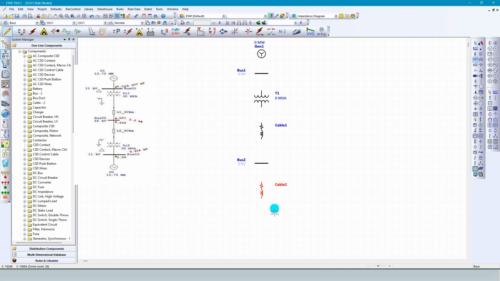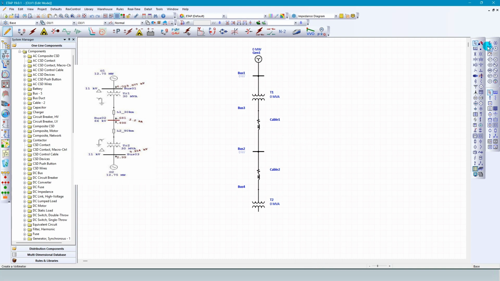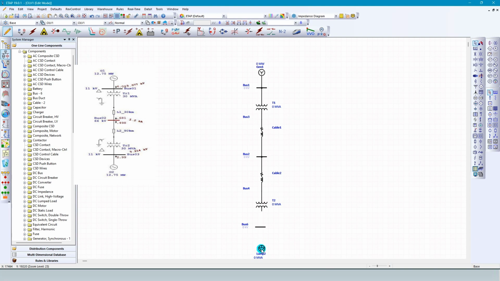Now, use a two-winding transformer. This is a step-down transformer. For generator 2, we use a lump load.